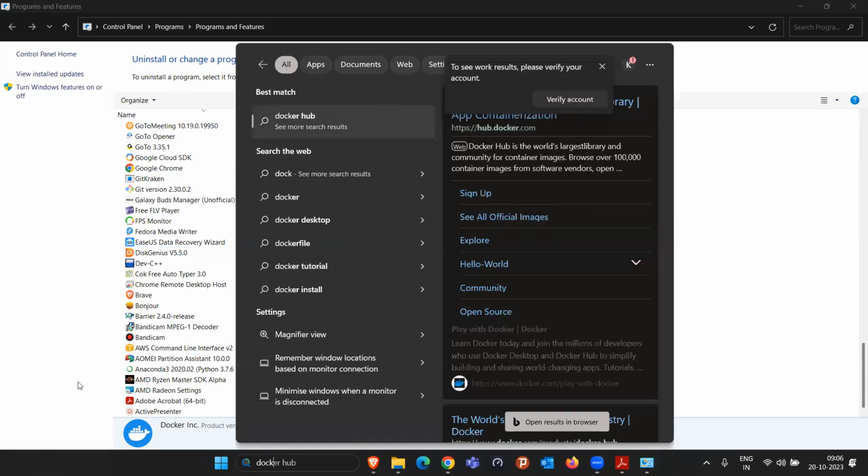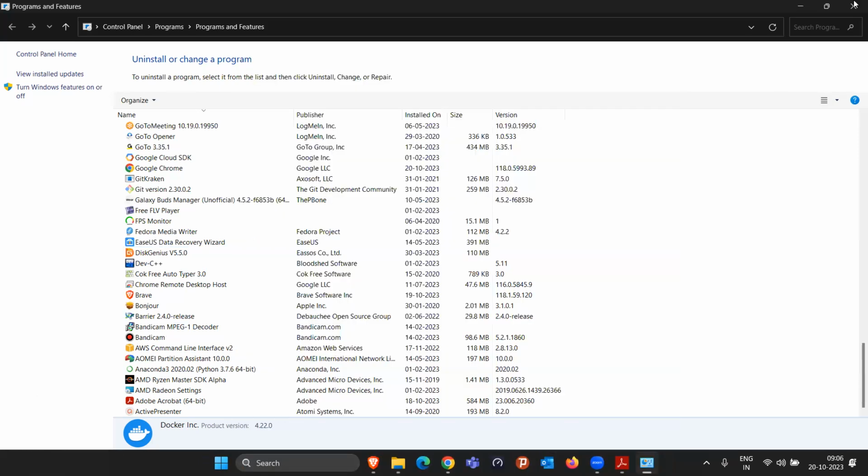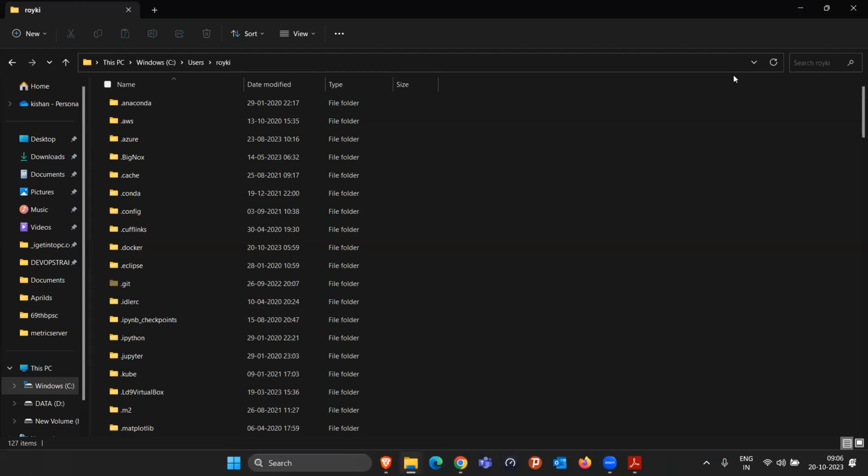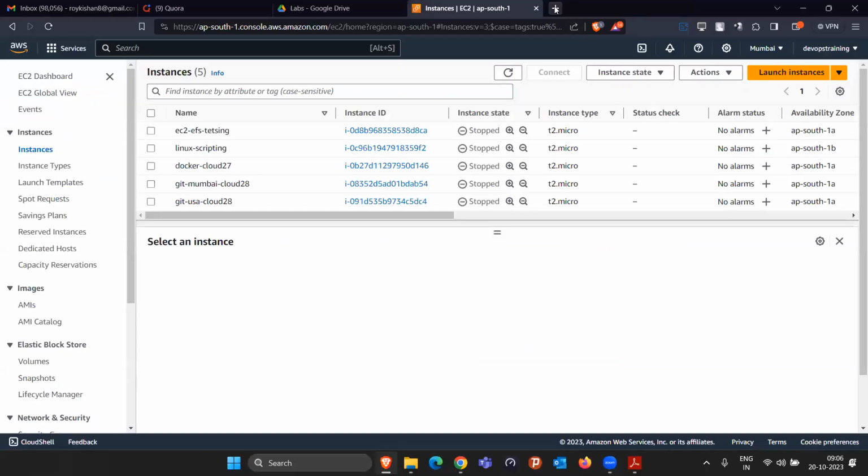Okay. So now we are going to install Kubernetes. To install Kubernetes, there are many different ways. We are not going to install Kubernetes on the AWS cloud directly. First we'll be doing the practical in the local environment. So for doing it in the local environment, the first thing all of you have to do